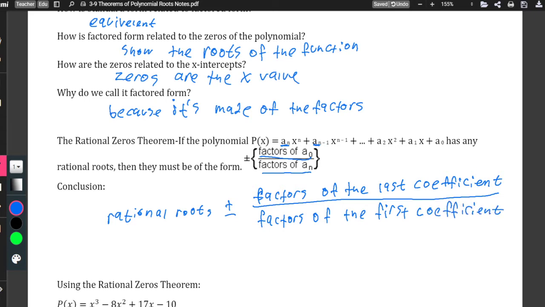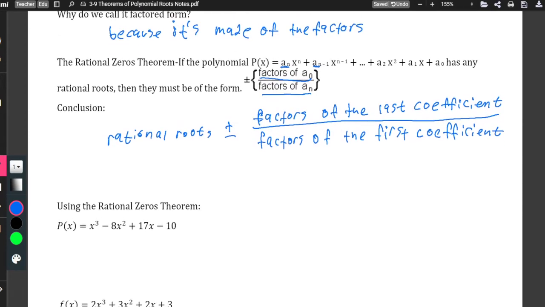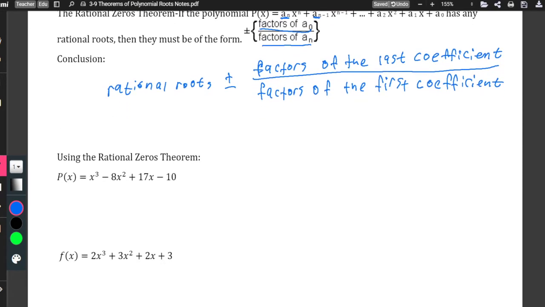That's a lot to write. I'm going to do some examples. And all we're going to do is find what possible roots there are. So these are possible. They're not going to be all the roots in many cases. So these are actually just the